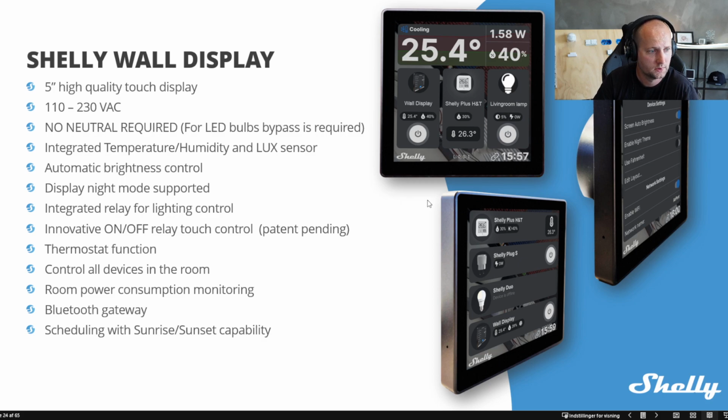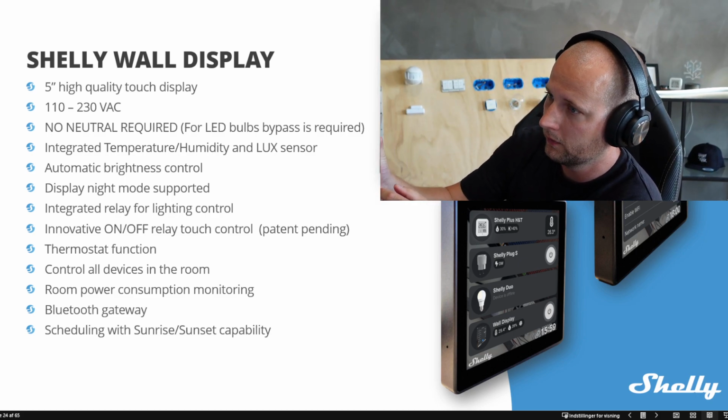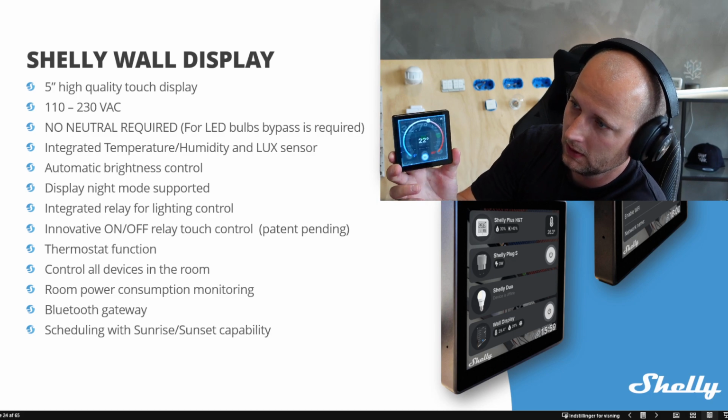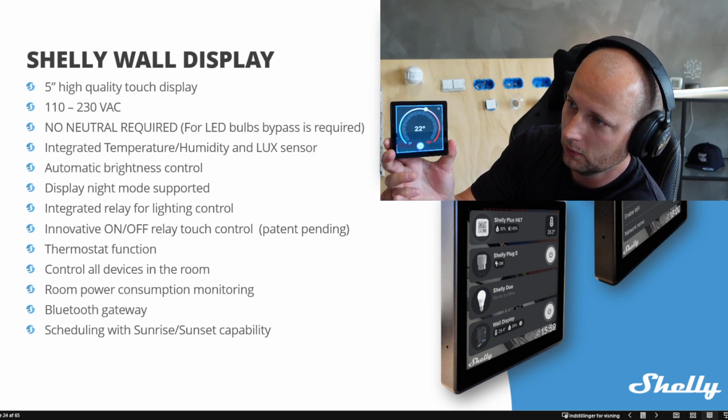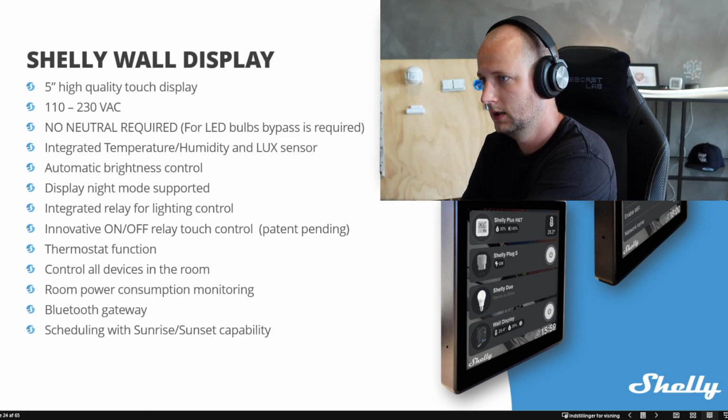Yeah, so not much more to say. It also has a built-in lux sensor, and all of this information, like the lux level and the temperature, everything else can be used on the device. And I forgot to show you this because this is quite nice. It can be used as a thermostat, very often requested. So if you press up here, you can control your room temperature. So quite nice. Good.